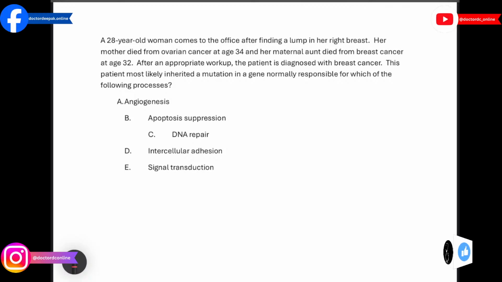Hello everyone, today we are going to start USMLE Practice 1's questions that are related to pathology and we learned in our previous classes. Our first question is that a 28-year-old woman comes to the office after finding a lump